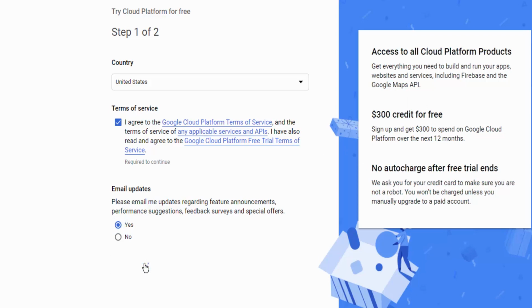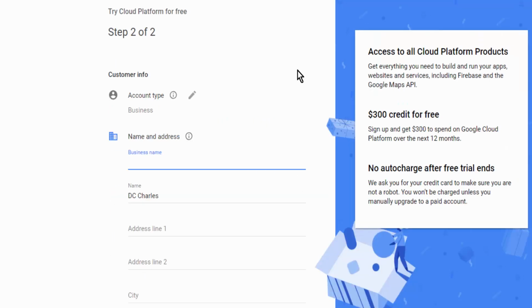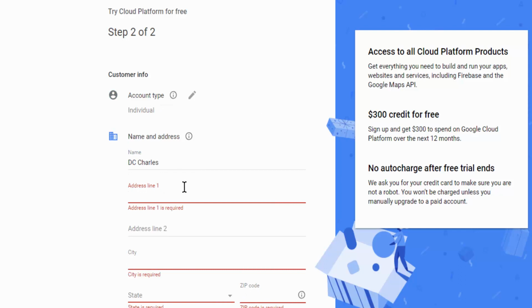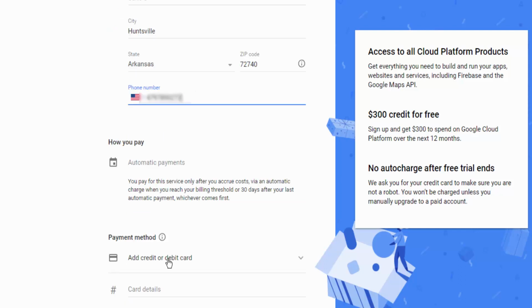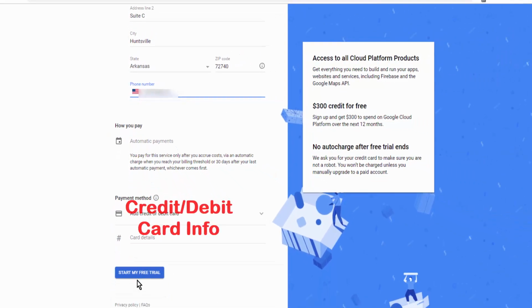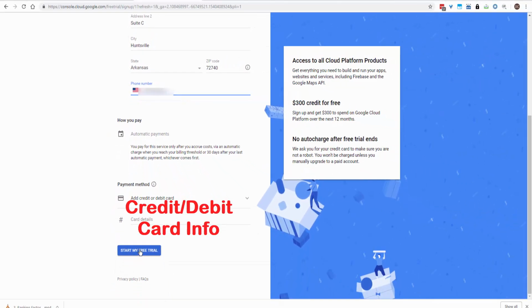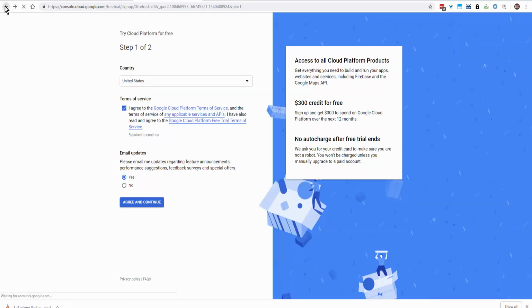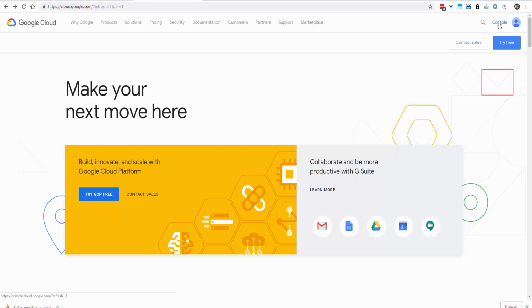Agree and continue, and I won't be able to complete this because I already have an account. You select business or personal, individual, and it's going to want a credit card, and I already have an account, so I'm not going to finish this part of it. Once you fill out all the information, you click on start my free trial. So I will go back to the dashboard, and once you've signed up for your free trial, you'll come to